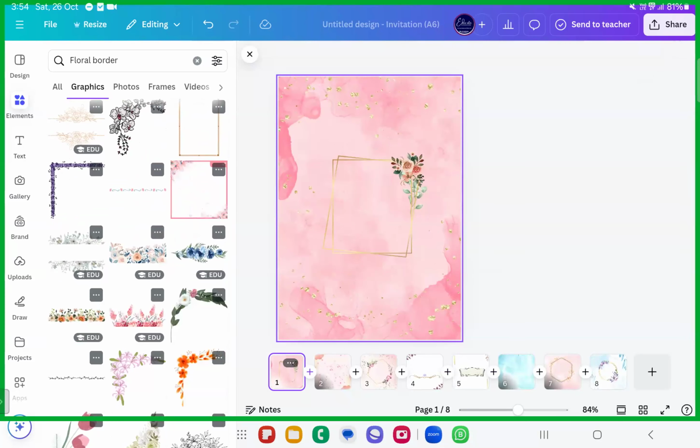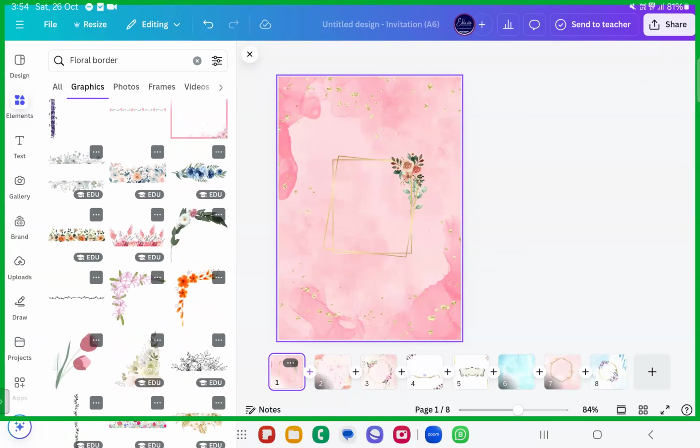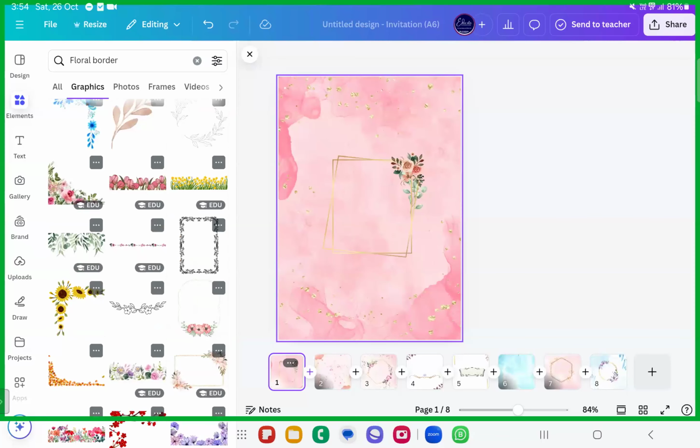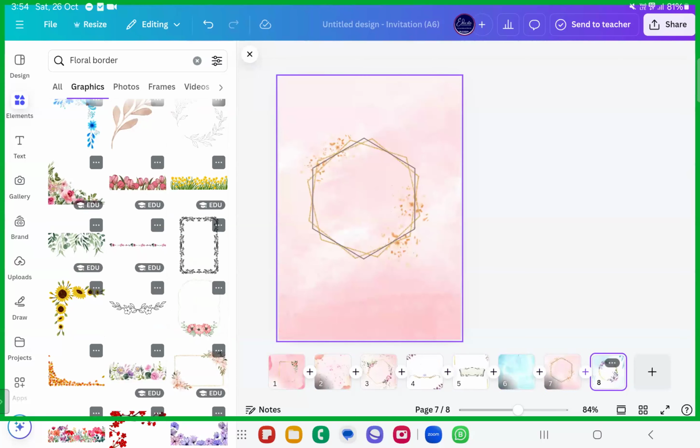Okay, so now let's begin. Bismillah ar-Rahman ar-Rahim. We have more such. I'll tell you towards the end of the session about the backgrounds, inshallah. So we'll just make a simple invitation card. Can we just head on to something like this one? Okay, let this be our design, right? Or this one. Okay, let this be our design. I just wanted to make it simple. Or if I wanted to complicate it, we can complicate it further. But if I wanted a simple one, let's see. And this will go well.